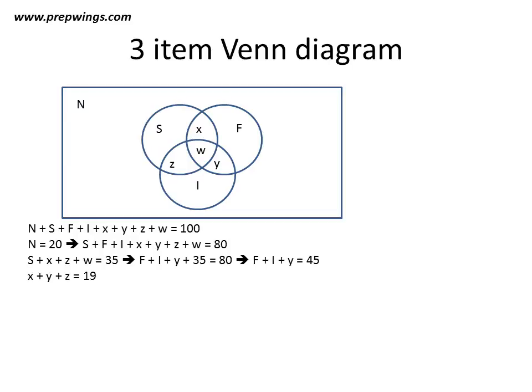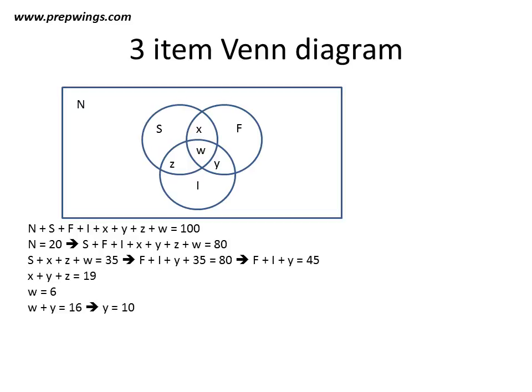Now we have been given that 19 students study exactly 2 languages. So X plus Y plus Z is 19. We have written that, but it is not of much use to us right now. We'll write it and keep it, and if needed, we'll use it. Then we were given that 6 students study all the 3 subjects. So that means W is equal to 6, because W is representing all the 3 languages, right?